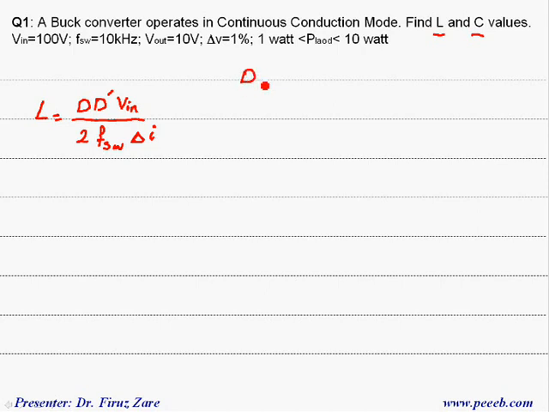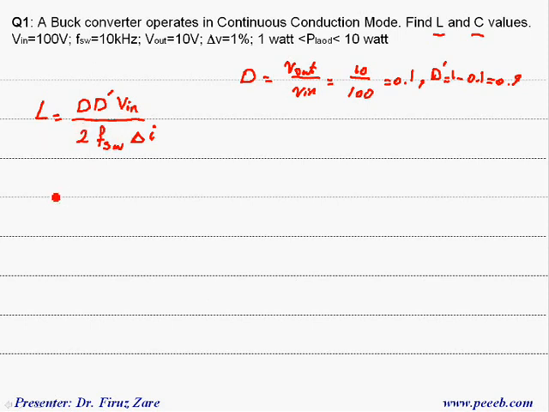Duty cycle is output voltage over input voltage, which is basically 10 over 100. That means 0.1, and in this case D' is 1 minus 0.1, which is 0.9. So now we have to find the